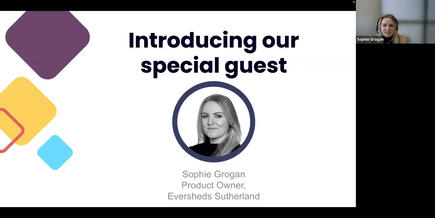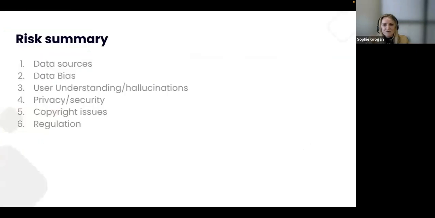So, speaking about some of the risks and limitations of using AI. Firstly, data. You need to understand what data sources sit behind the technology. And this is particularly relevant for this new type of generative AI, and that includes ChatGPT, which most people are familiar with. So version 3.5, the free version, was only trained on data up to 2021. It doesn't have any access to data beyond that. So if you ask it who the Prime Minister of the UK is today, it won't give you the correct